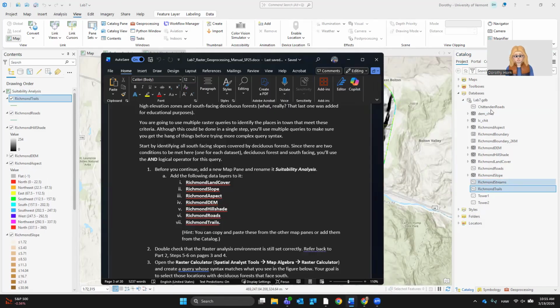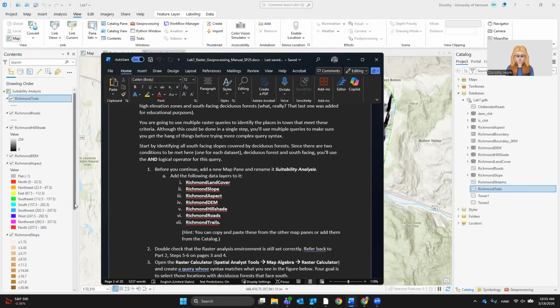There, you can obviously just add things from my catalog, and that's why I talked about making sure that things are named properly. So if you have stuff called like Richmond aspect 1, aspect 2, or whatever, you're not going to know which one is which. So that's why you have to clean up your catalog. All right, that was that step.